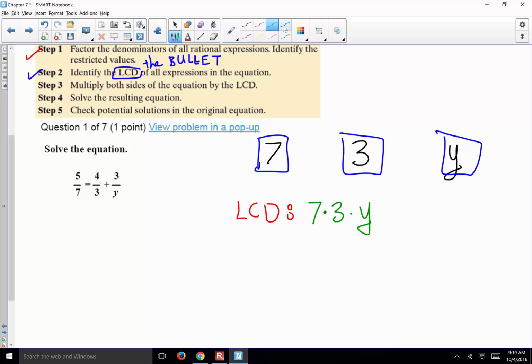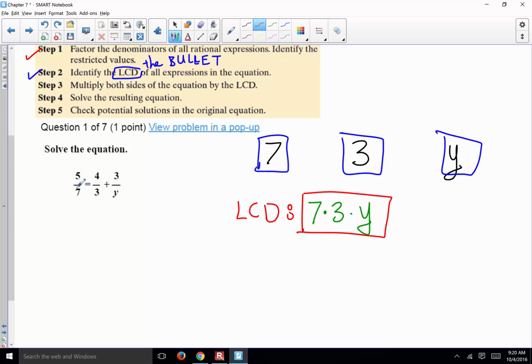But what if 7 was 21? What if this first one was 7 and 3? Are you going to take another extra 3 here, because 7, 3, 3, y? Now if this was 21, since these three are already matching, I wouldn't double count it. Always take one from each distinct factor. 7, 3, 3. These three are already counted in 21. You don't have to double count. So always one type at a time. 7, 3, y is your LCD. You take that LCD, this is your bullet now,